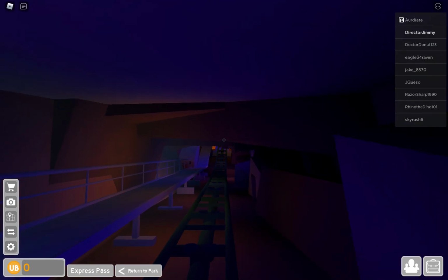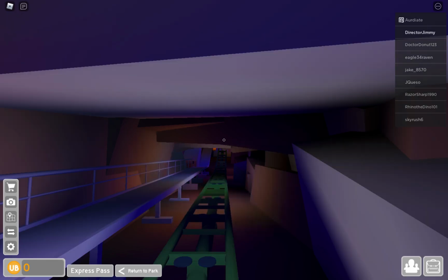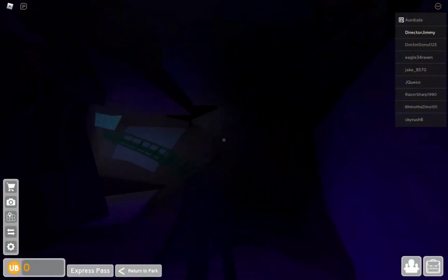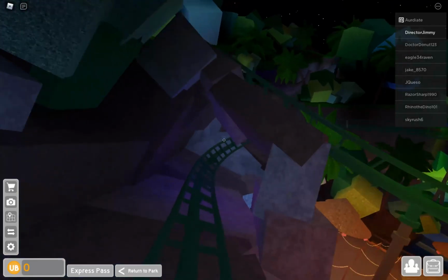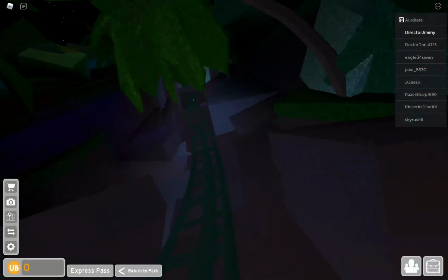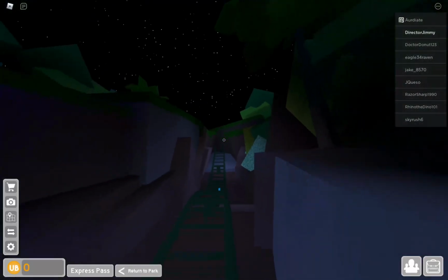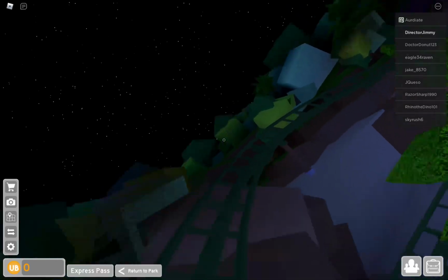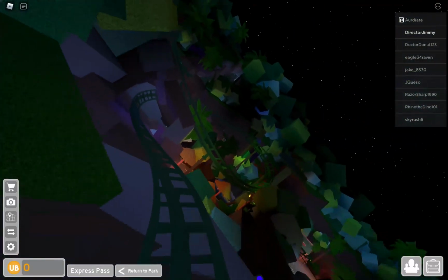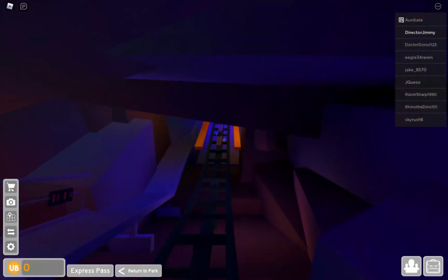It's kind of a steep incline, to be honest. We're getting loaded in backwards. It's just gonna drop us into the coaster. Oh shit. And launch us again, like Expedition Everest style, and now we're going backwards. Back into the loading area, and